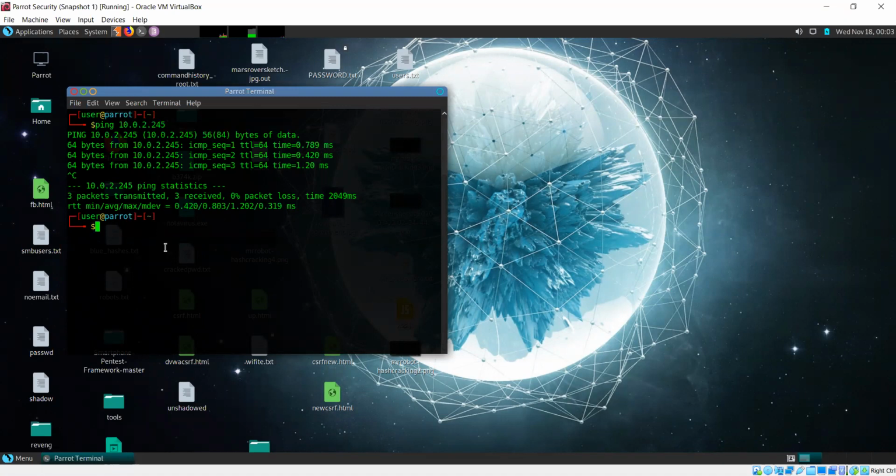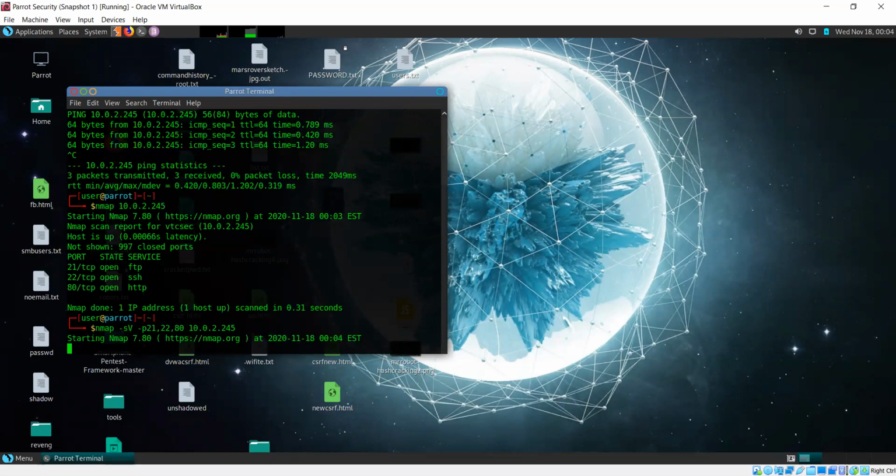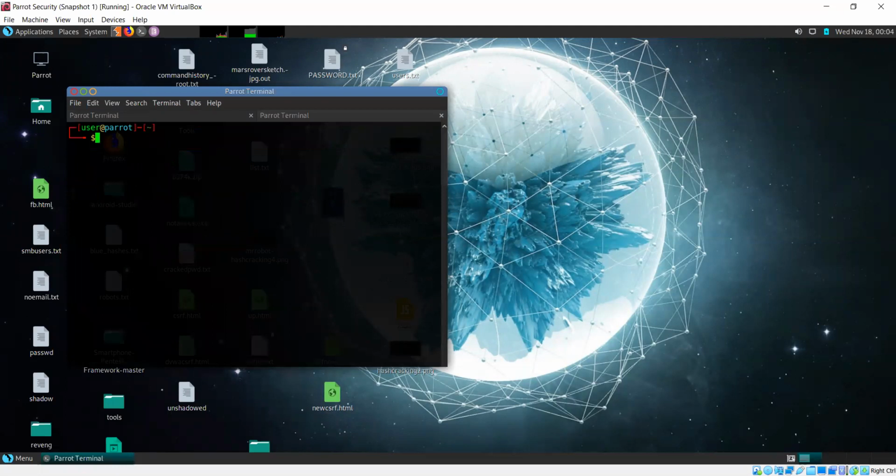If I do a quick nmap scan of the entire thing, then I'll see 3 open ports. Now what I can do is a service version detection for these 3 ports specifically, because I know these are open. Why run it for all ports? Meanwhile, what I'll also do is, in another tab,